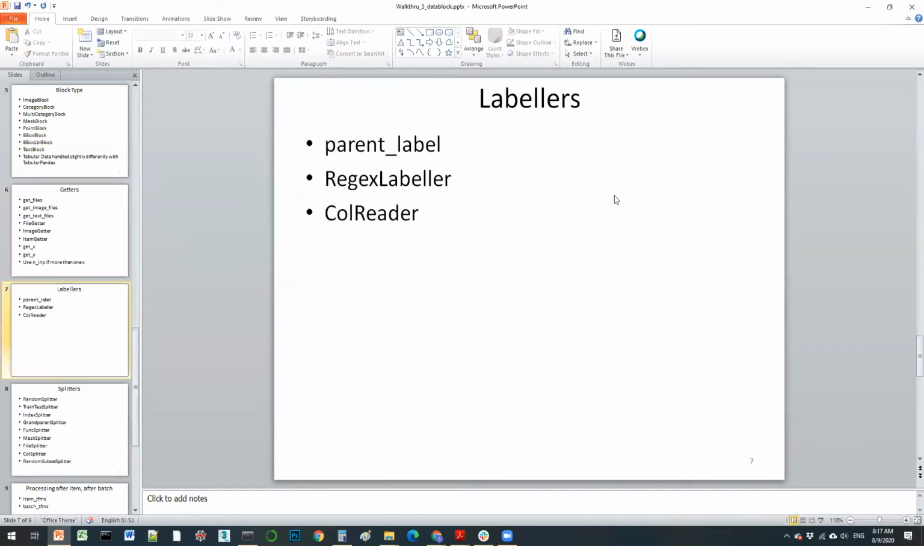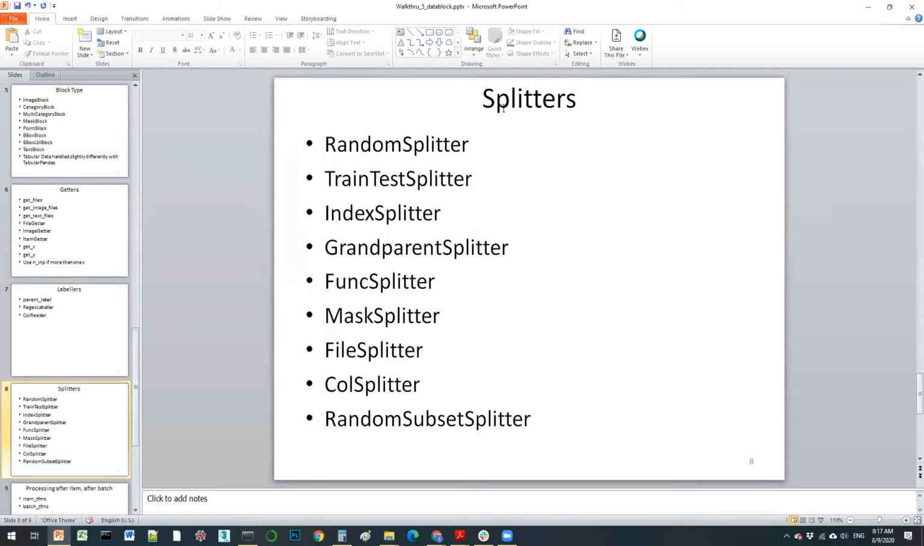Then moving along, labelers. So these are the ways you label the targets: parent label, regex labels. We look at column reader in case of the tabular data. Then we go to splitters, and you can see that there's a whole host of them. The idea being you can use any one of these splitters to create the split between your training and validation